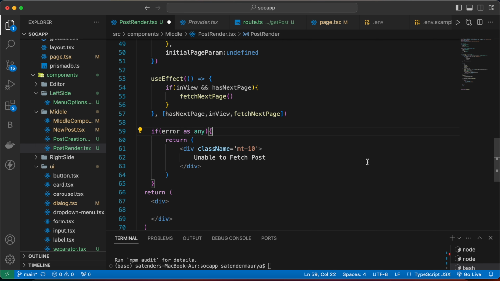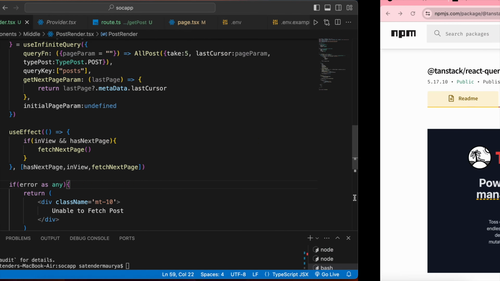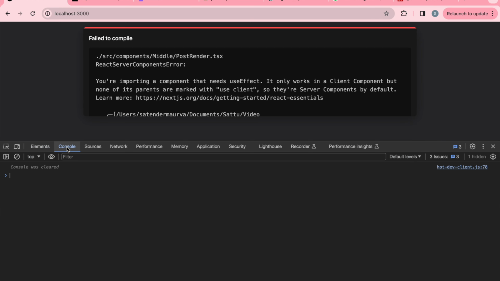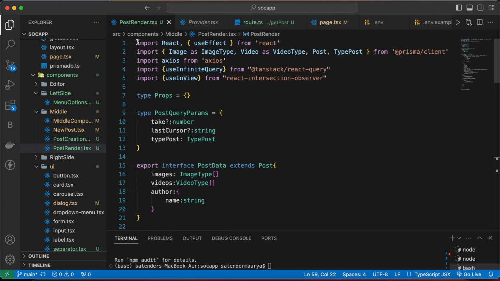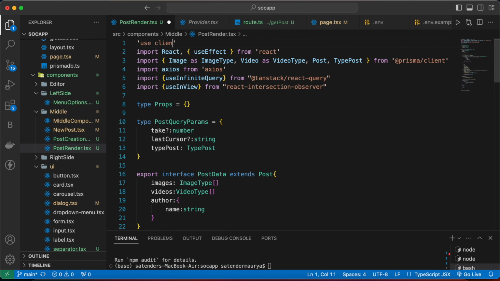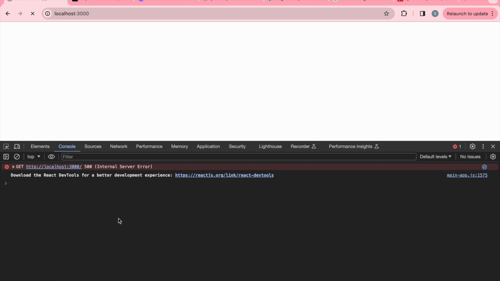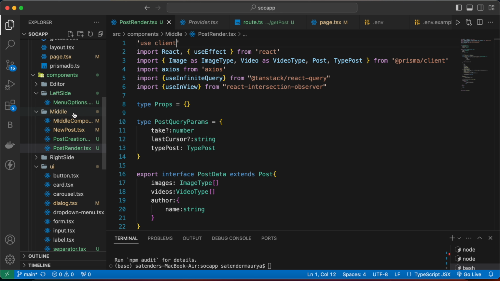So let's save and let's go to our website, refresh the page, then go to the console, and let's make this a client component first. Use client. Now save. No query client set. So we need to add a query client provider, and for that let's make a query